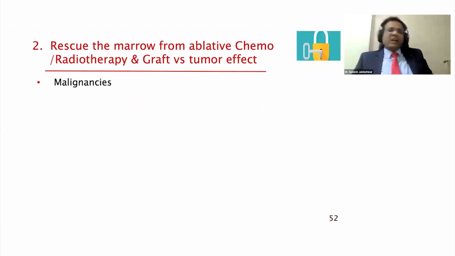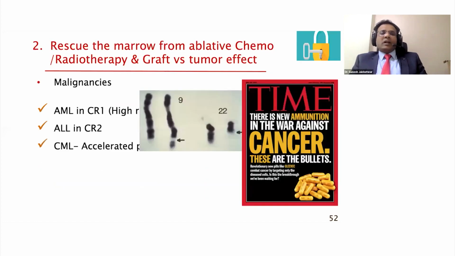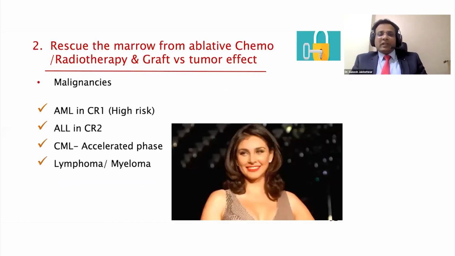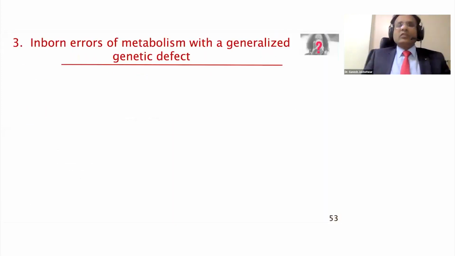Now, the second logic of bone marrow transplant is to rescue the marrow from high dose chemo or chemoradiotherapy, and also to exert graft versus leukemia effect. So this effect is exploited for various malignant indications like high risk AML, ALL mostly in the relapse setting in pediatric group, CML in the blast phase, leukemia, lymphoma, autologous transplant. So these are the malignant indications, again pediatric relapsed refractory neuroblastoma cases. These are the cases where you give high dose chemotherapy, and by doing that the bone marrow is destroyed, and then you rescue the bone marrow with